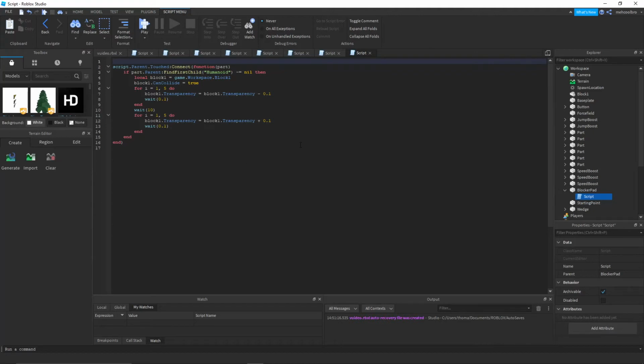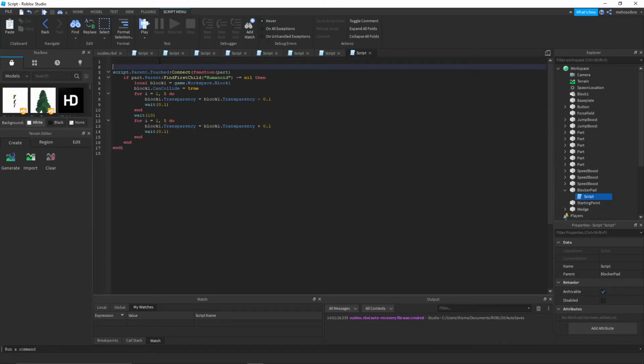And the reason why it's becoming fully visible is because it's running this function multiple times, because every time we touch it, this function runs. So we need to fix that so it only runs once. There are many ways you can do it, but I find the quickest way, if you don't really want to switch all the code, is to just create a variable and call it check or something, and then equals